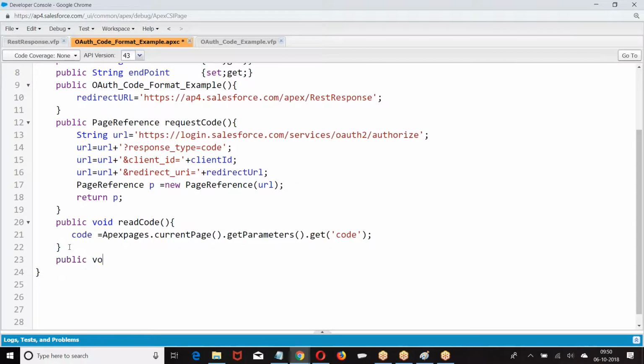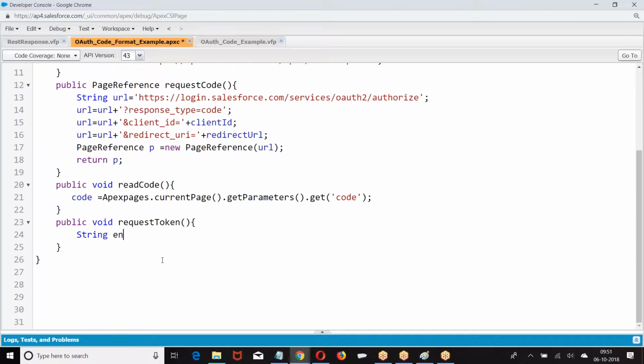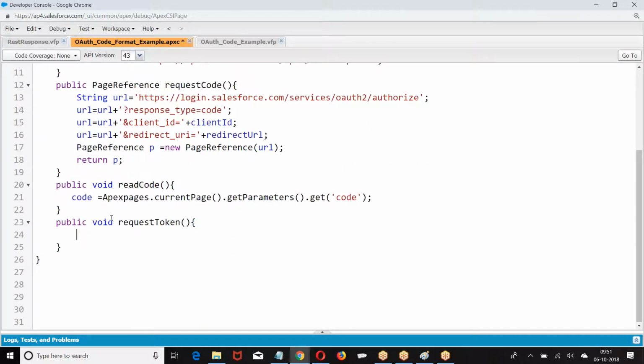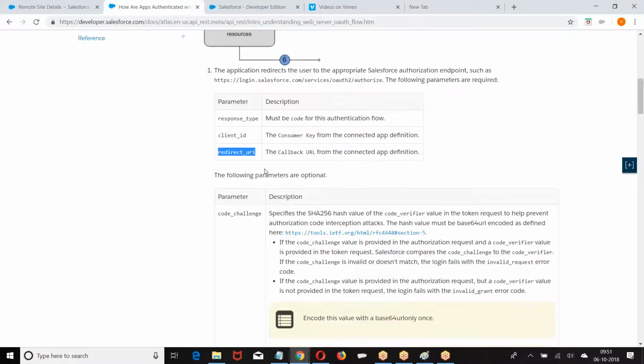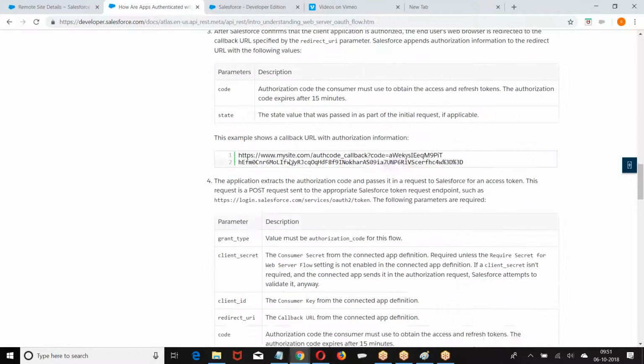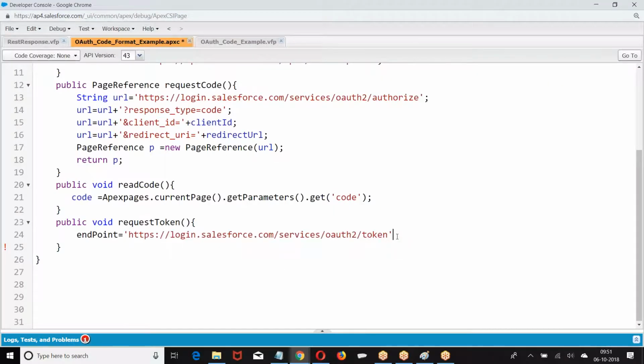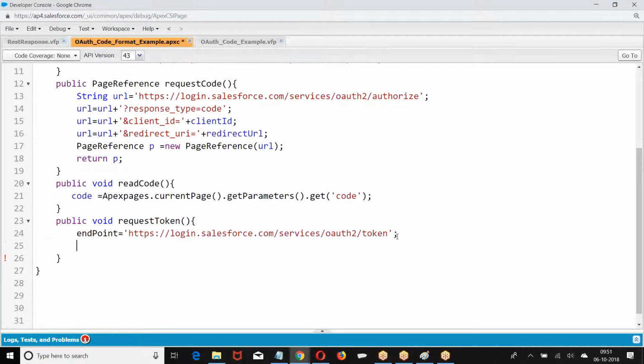Request token. Public void request token. If you want to request a token, what is the endpoint URL? Go to the documentation. This is the endpoint URL. Right. Then I'm giving